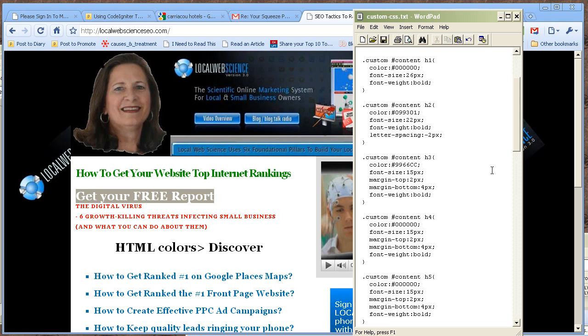Change the font size if it's too small or too large to be the size you want. You need to just play around with that. Make the font weight bold. Now if you want it to be aligned in the center, you just simply add text-align: center like that,